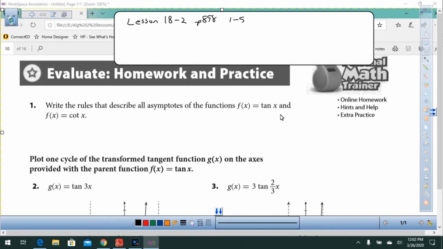Lesson 18-2, page 898, 1 through 5. Number 1 says, write the rules to describe all asymptotes of the function f of x equals tangent x and f of x equals cotangent x. All right. For f of x equals tangent x, the asymptotes